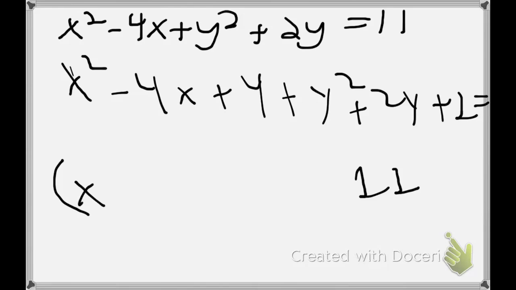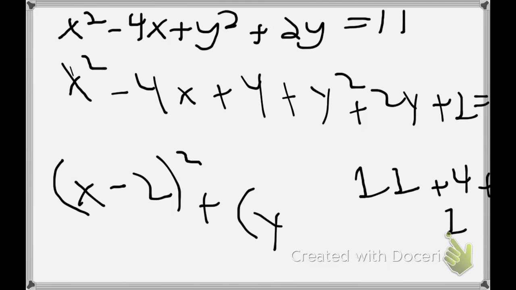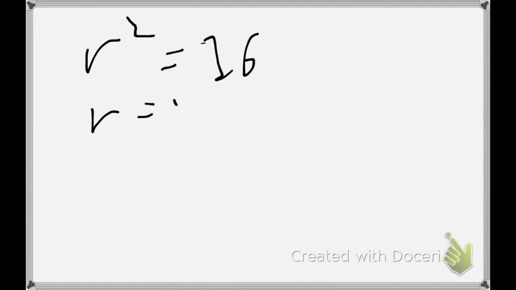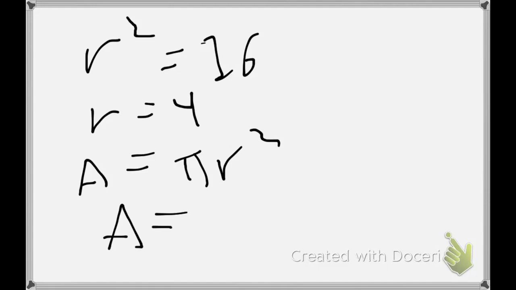Now we condense them to get (x plus 2) squared plus (y plus 1) squared equals 16. Now that we have the standard form equation, we know that r squared equals 16, r equals 4,